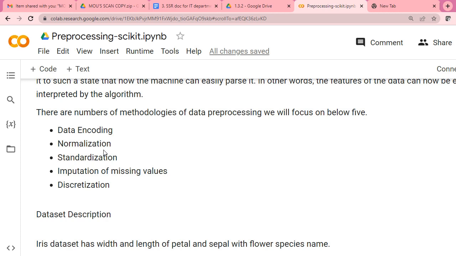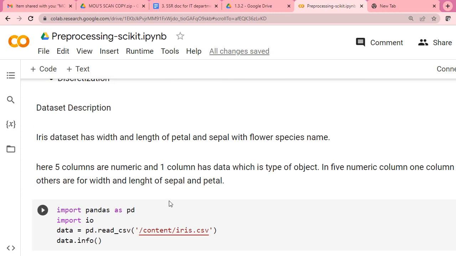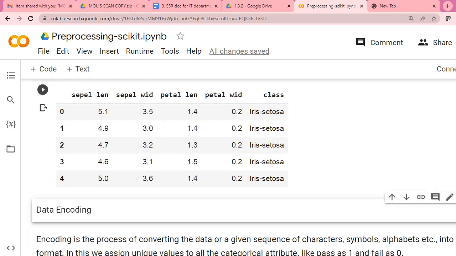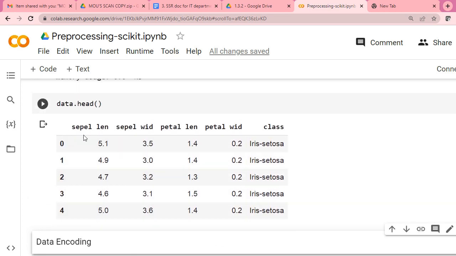Categorical data is data which has some categories, such as in our data set. Look into this data set. All the feature vectors, like feature 1, feature 2, feature 3, feature 4, are in